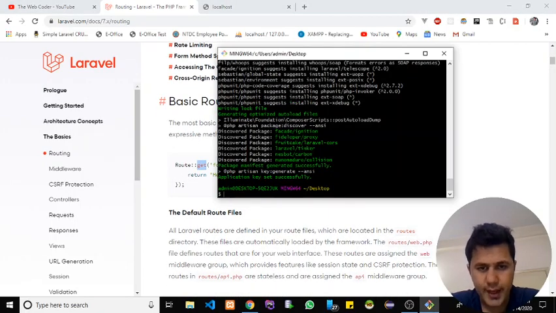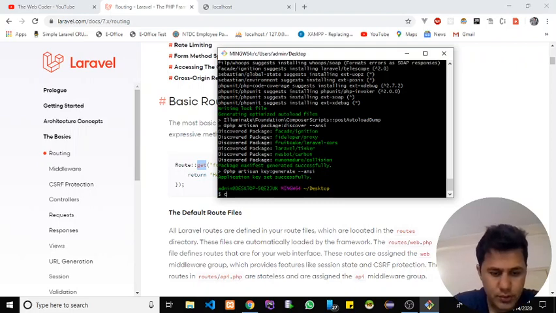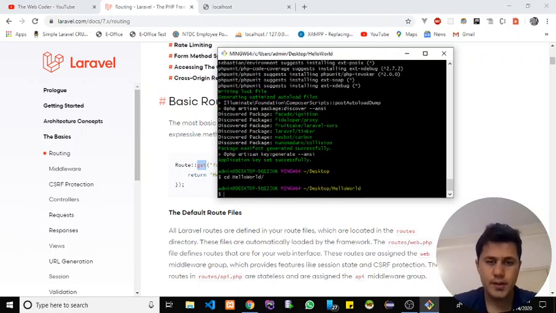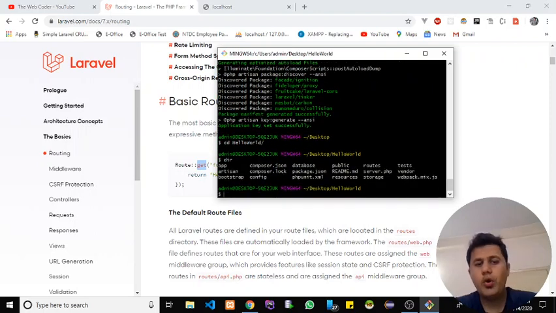Oh yes, it has generated a Laravel project for us with the name Hello World. All we have to do is go inside the Laravel project Hello World. I'm pressing tab. It has completed the name of the folder, and then inside Hello World, now if I write dir in here, it will show all the default folders inside the project created by the composer command. In here, app,